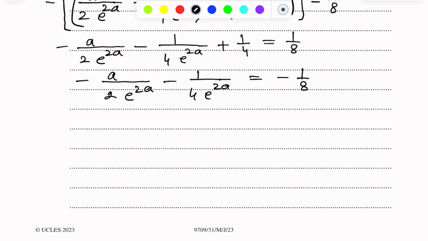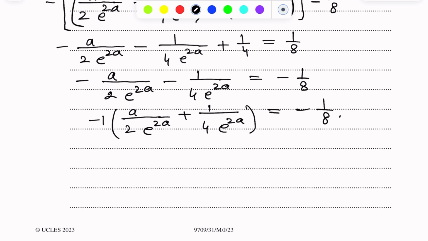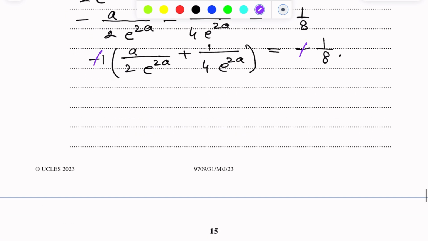or simply you can say that we are taking negative 1 common from the left side: a over 2e power 2a plus 1 over 4e power 2a is equal to negative 1 over 8. These signs are cancelled out. Now we get